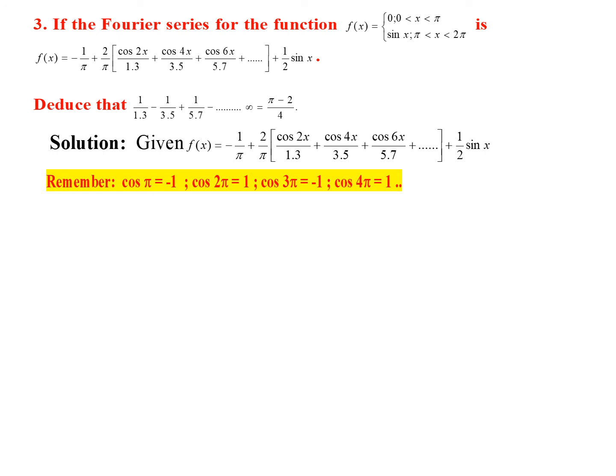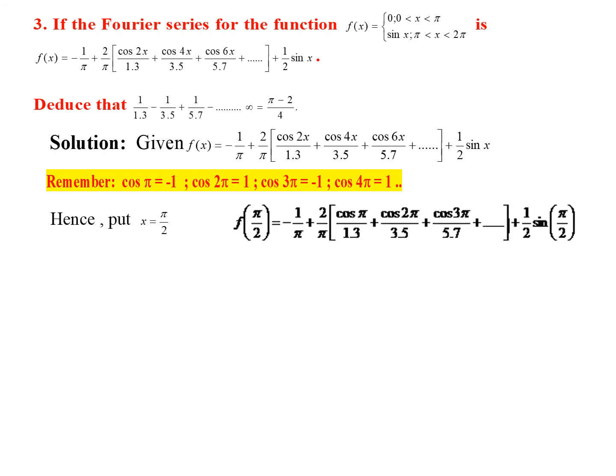So our decision here is, we shall substitute x as π by 2 because cos 2x, 4x, 6x is sitting on the numerator. So when we do this, I think we will arrive at a similar pattern. So this is the idea which we are going to use. Just substitute π by 2 in the place of x. So f of π by 2 equals whatever you have on the right side, wherever x is there, we are putting π by 2. And remember, this is a function f of x they have given. So here, what is going to be f of π by 2? 0. How do we get that? Because π by 2 comes in the upper range, 0 to π. So in that range, f of x is 0.